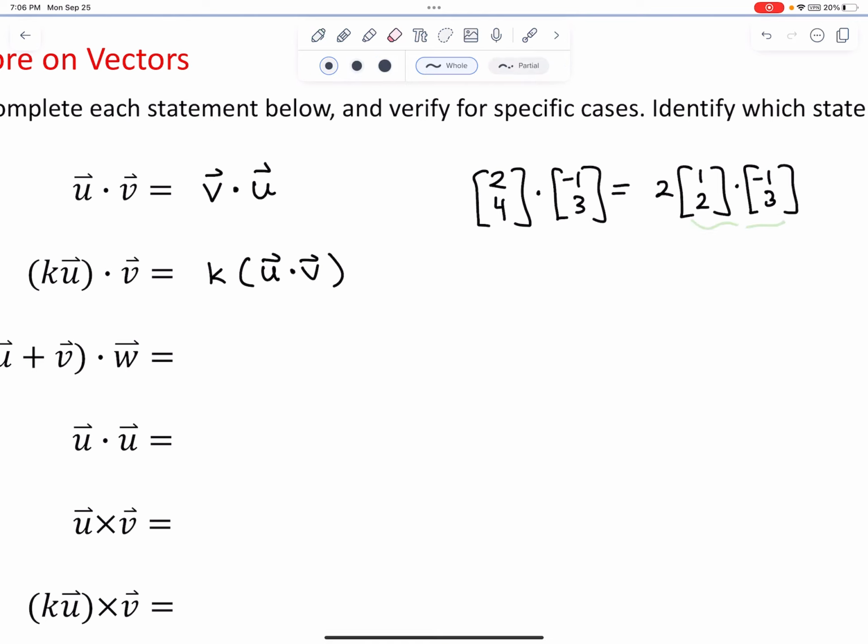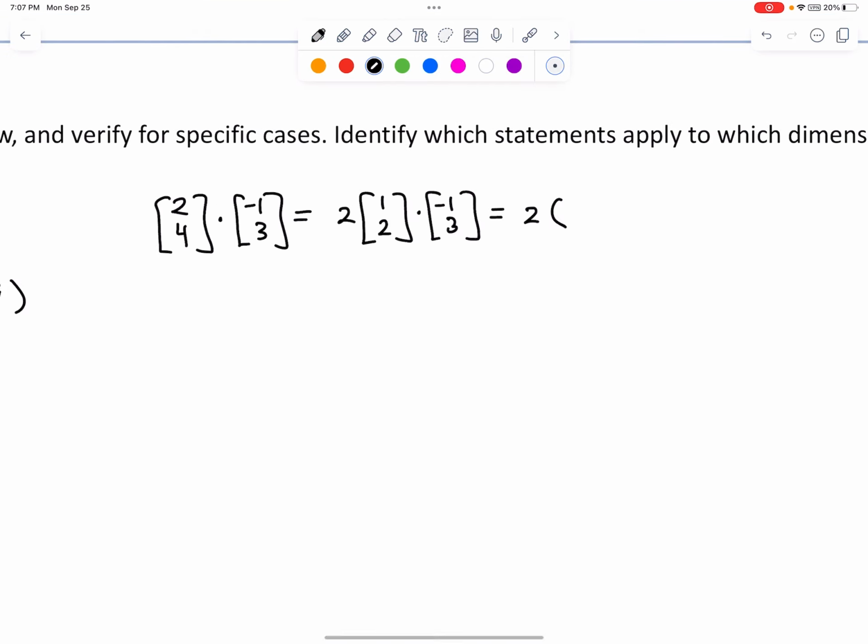vectors first. So that would give me 2 times, and then dot producting these vectors, we multiply these entries, and then add the product of those entries. So this would be negative 1 plus 6, which is 5, and then double that, we get 10. This is what you would get if you calculated the dot product of the originals. 2 times negative 1 is negative 2, 4 times 3 is 12, and negative 2 plus 12 is going to